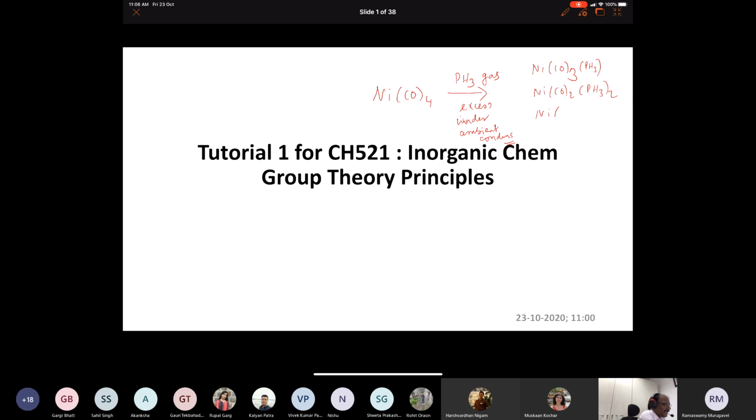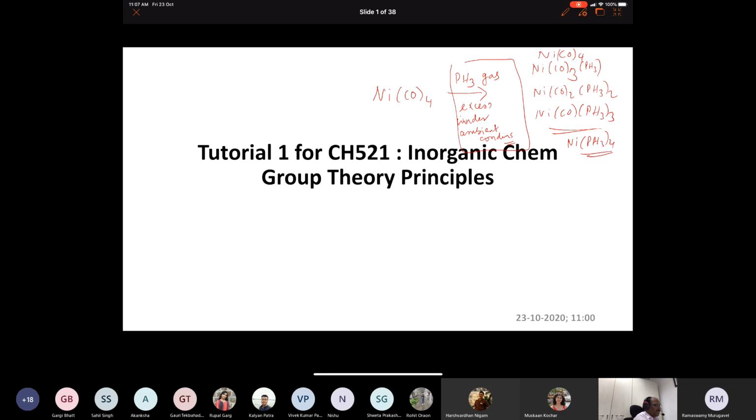Nickel can just retain one carbon monoxide and have three phosphines. Or simply, no reaction can also take place. All these possibilities are there. Of course, in the extreme case, all of them are gone, giving Ni(PH3)4. Okay. Now assume that the reaction conditions have been